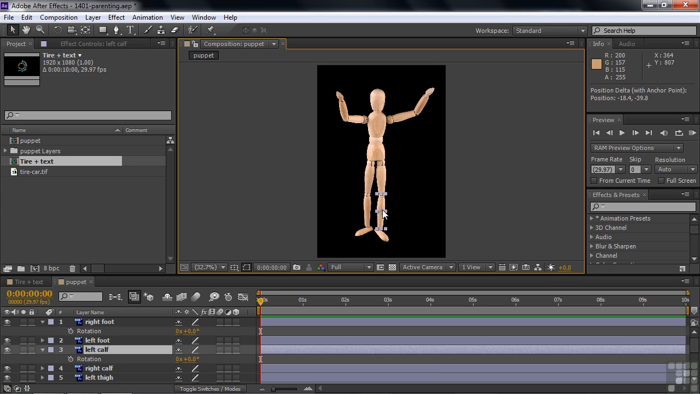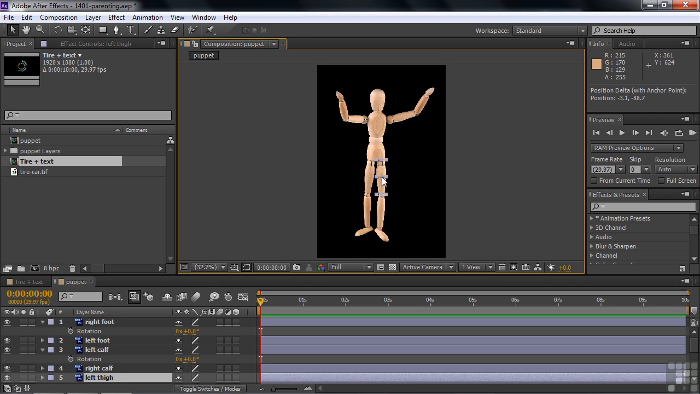Click on this guy. Click the Y key again. Move the anchor point to the knee now. Let go of the Y key. Click on the thigh. Hold down the Y key again. Move it in place like that. Good. Now that we got the thigh and the calf and the foot anchor points all taken care of,